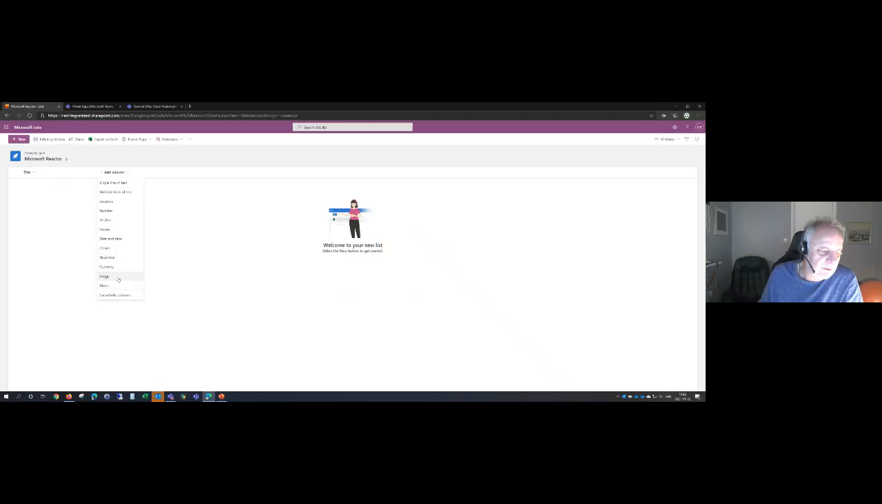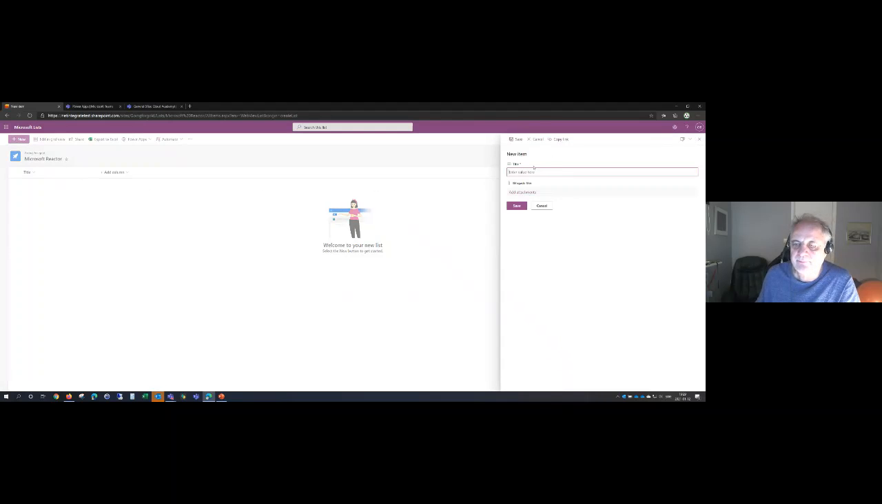Like I said, image was another column. So if you add some columns to this, then you really can add data. So if you want to add data, either you add data from entering here,